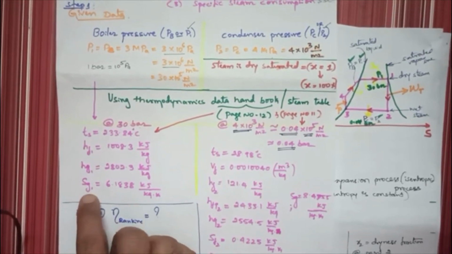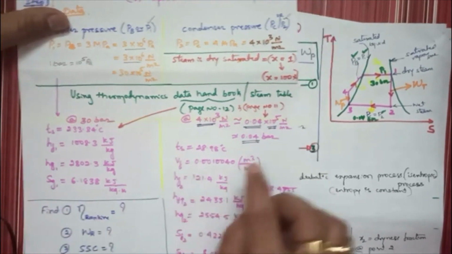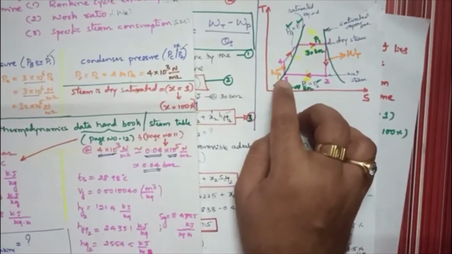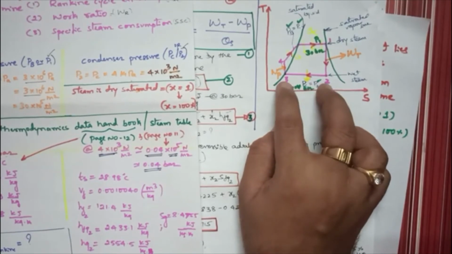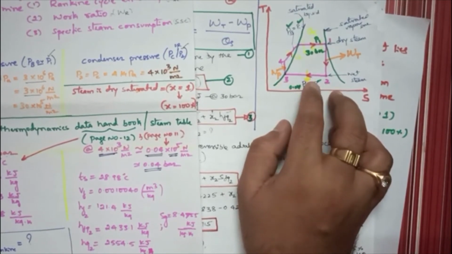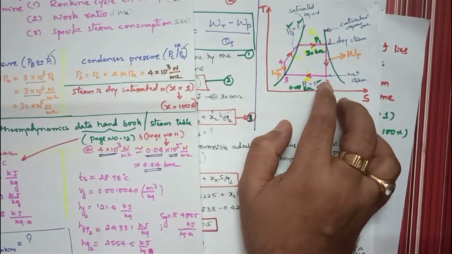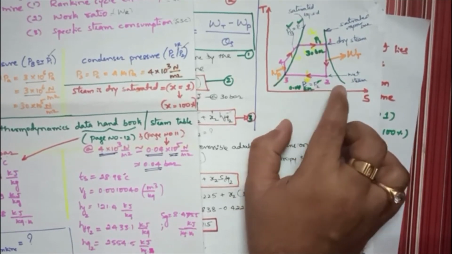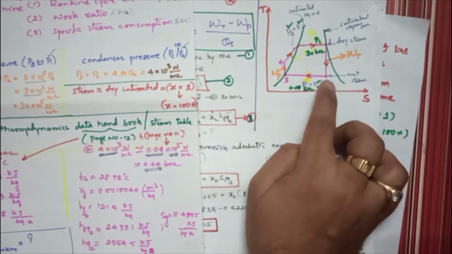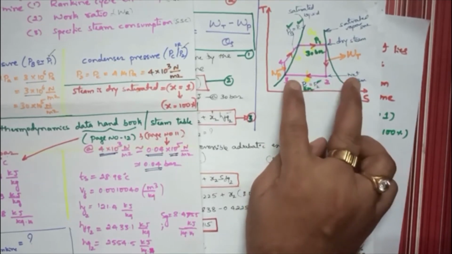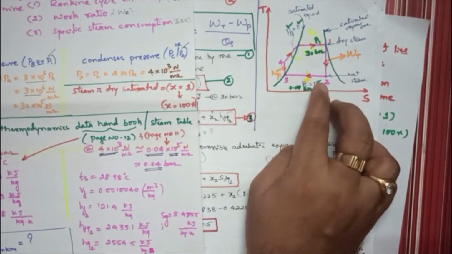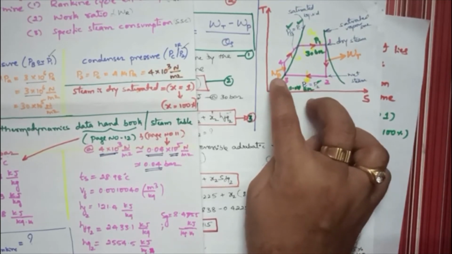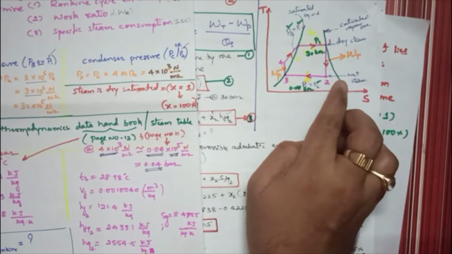And the entropy of gas. But point number 3 and point number 2, these two are at 0.04 bar. At the same time, point number 2 lies between the saturated liquid line and the saturated vapor line. So it is a mixture of both, because it is between these two. We don't know how much steam there is and how much water, so I have to write the values of water, steam, and the mixture.